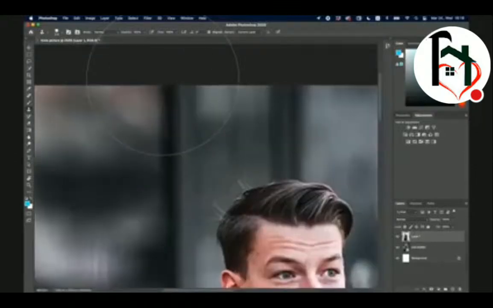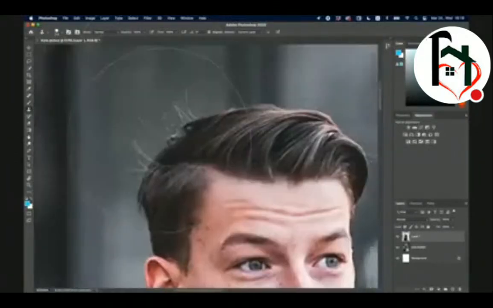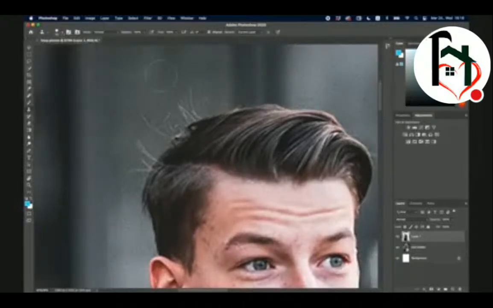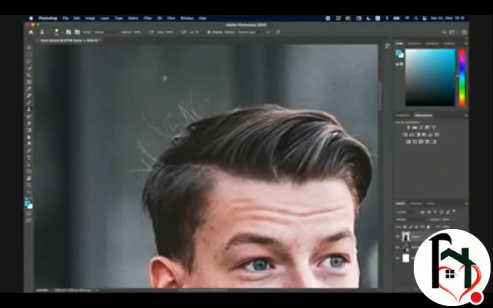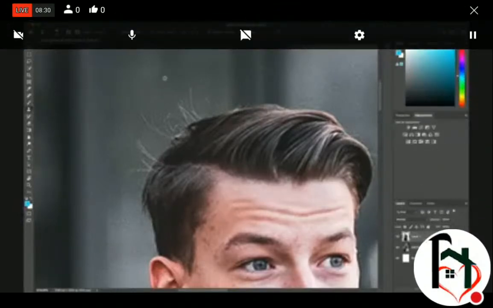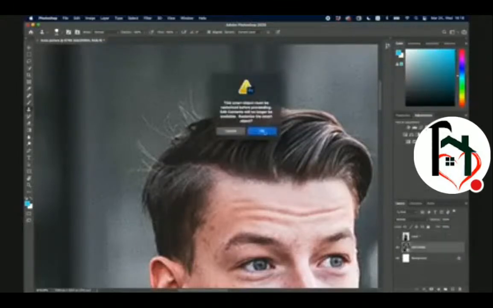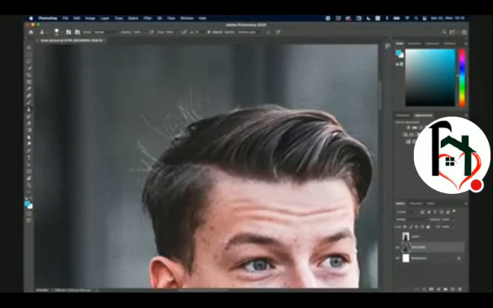So for example, if I wanted to fix my hair on this image, you can see it's all over the place. I would go here and make my brush size smaller, and then I need to click Option on my keyboard and then take a part of the image, which I'm going to duplicate on the image, and then you can see the object must be rasterized. That's fine. You can click OK on that, and then you can see how it just takes a part of the image and lays over on the other part,